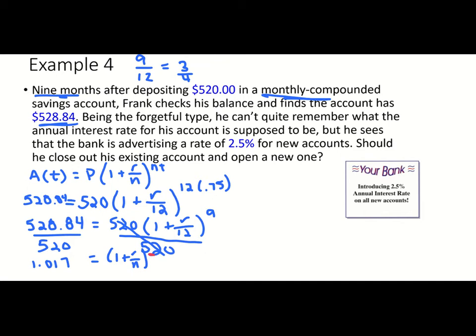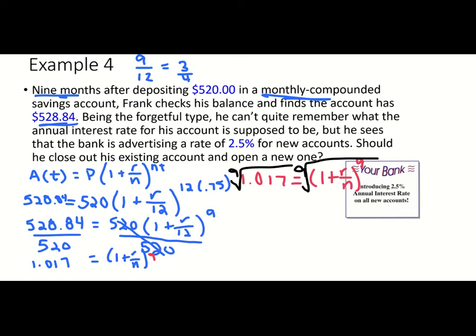So I'm going to rewrite it over here. I have 1.017 equals 1 plus r divided by n to the 9th power. But what we're going to do is take the 9th root of both sides. So on my calculator, I'm going to go to math, option 5, and do the 9th root of